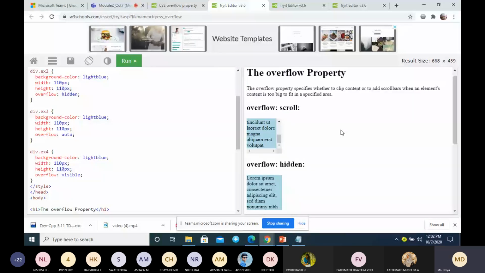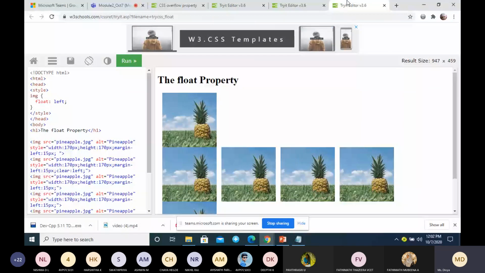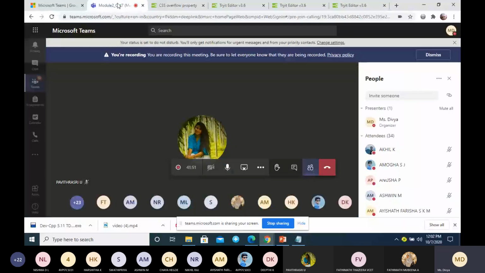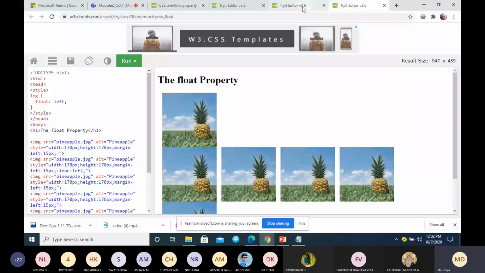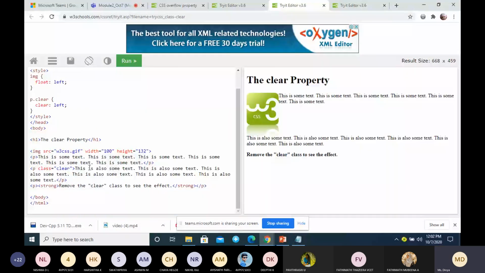So the next property is the visibility property. In CSS we have two properties which can be used to hide an element, for example an image.